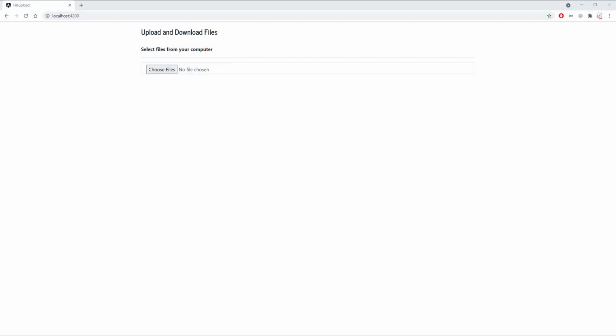In this tutorial, I'm going to show you how you can use Spring Boot and Angular to upload and download files. I have the application that we're going to be building running on my local computer, as you can see here. It's a fairly simple application where a user can come in and upload